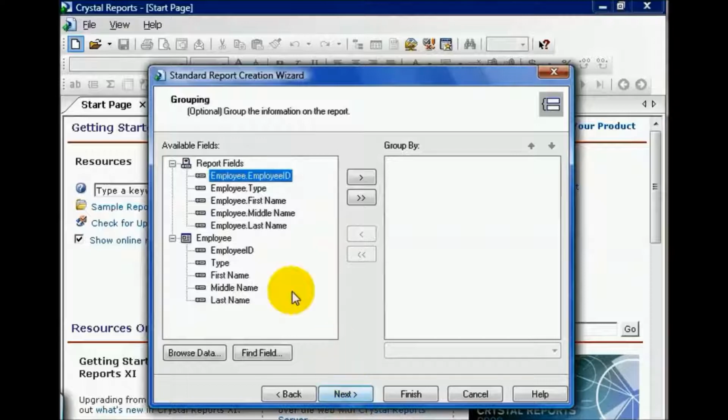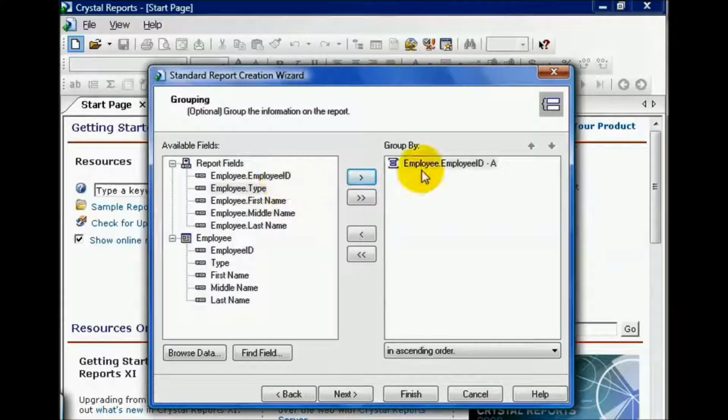For example, if I needed to group by employee ID, I would highlight employee ID, pull it onto my report, and now when I display my report going forward, I'm going to have a group, meaning it is sorted and organized by employee ID. Now notice after I pulled this field over, you have some options. In this case, you have ascending and descending order. What this means is, when the report is pulled, it's going to organize by employee ID in ascending order, which